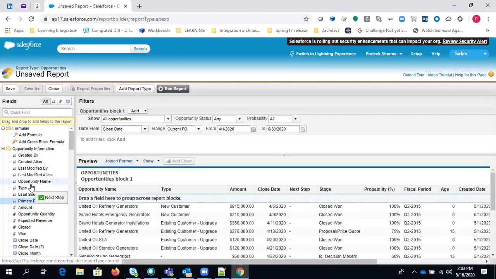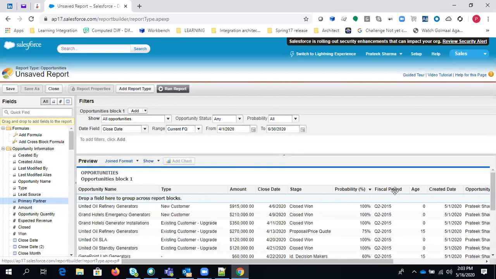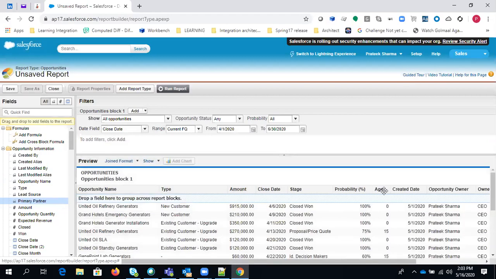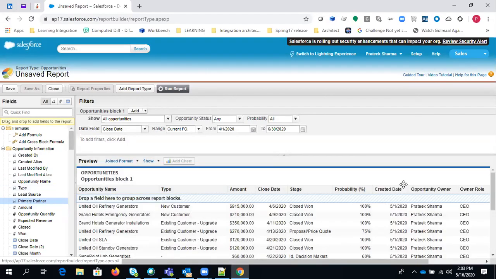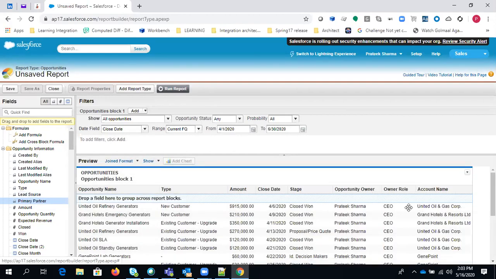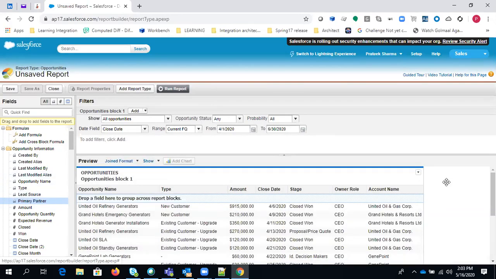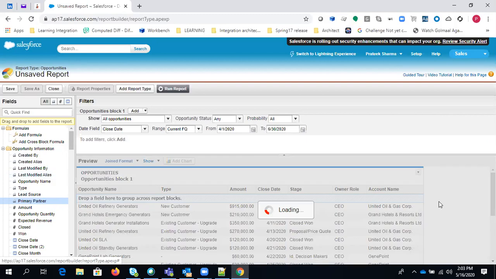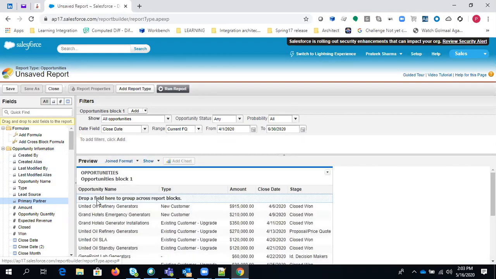Next, probability, fiscal year, just remove it. Yes, let's remove this. Created date, probability. Opportunity owner, account name, owner role. So let's say in the first block, you just want to show this information, and in the opportunity block you can add some filters. So here, let's say you are showing all the opportunities,